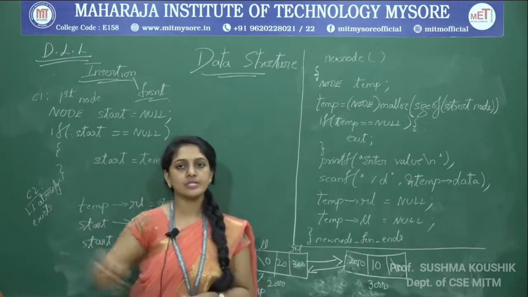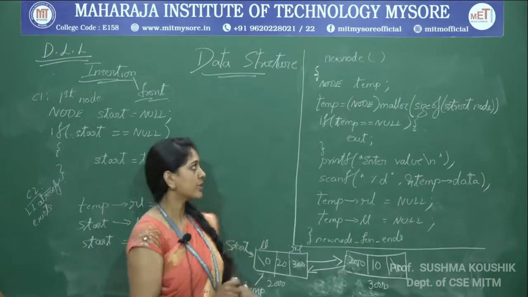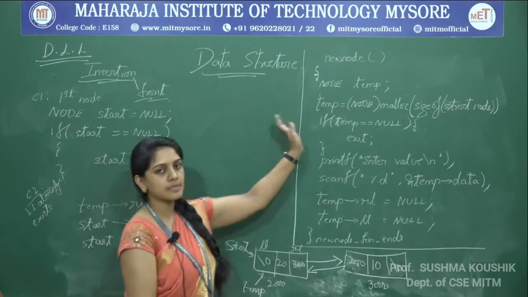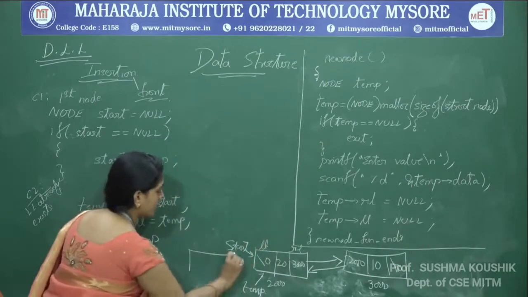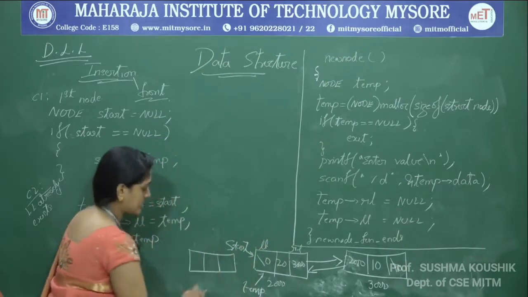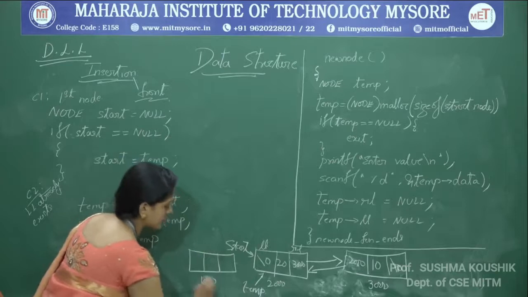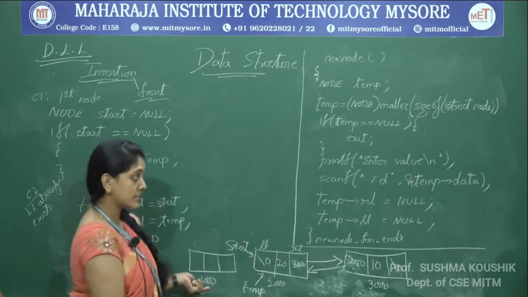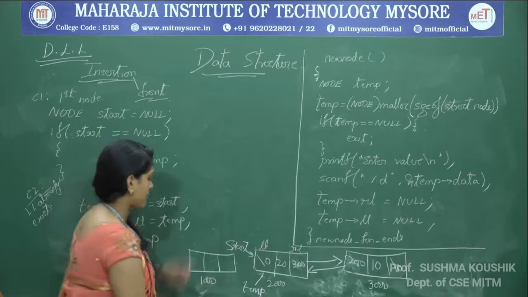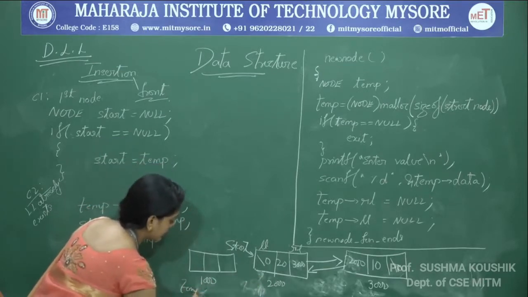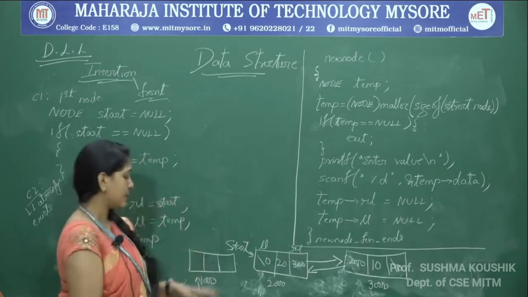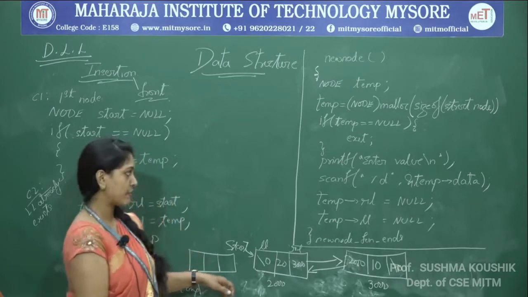We will quickly try to insert one more node with this code. Starting there, node temp is equal to malloc. Once I write that line, we will get a new node with these three fields and some address location, probably 1000. If I assume it as 1000, temp no longer has 2000; temp is pointed to the location 1000 in the sample example we have taken.